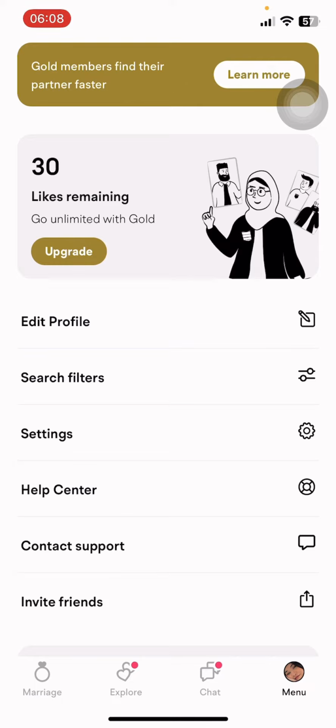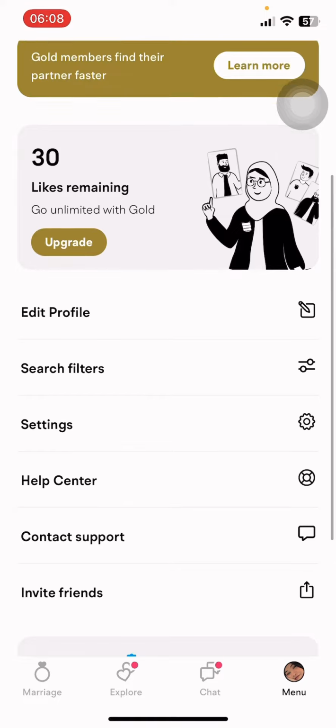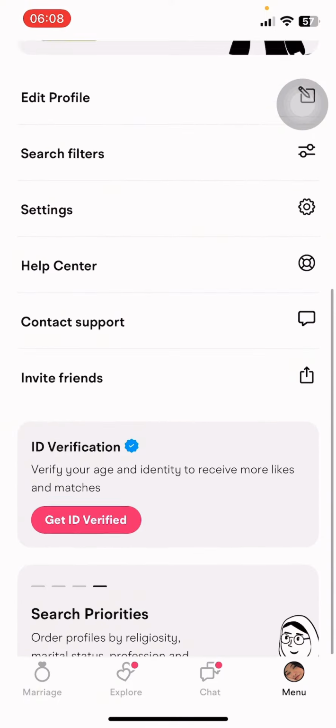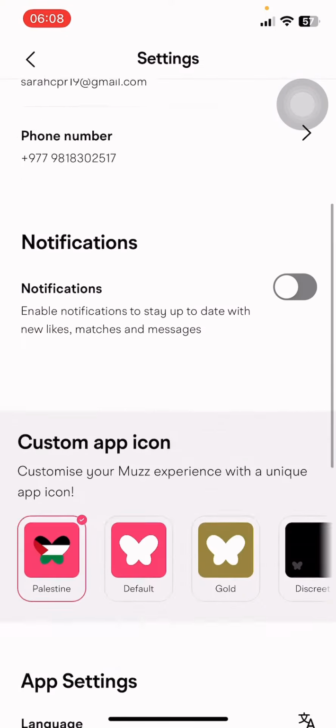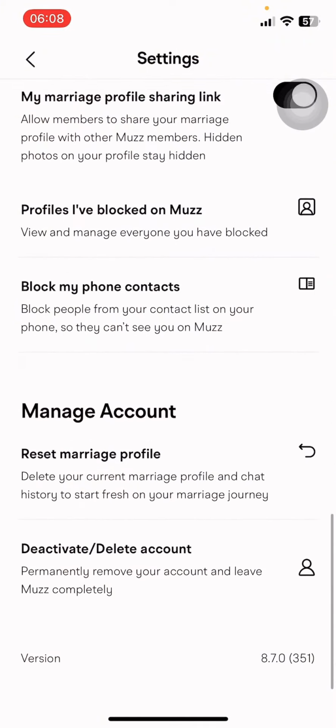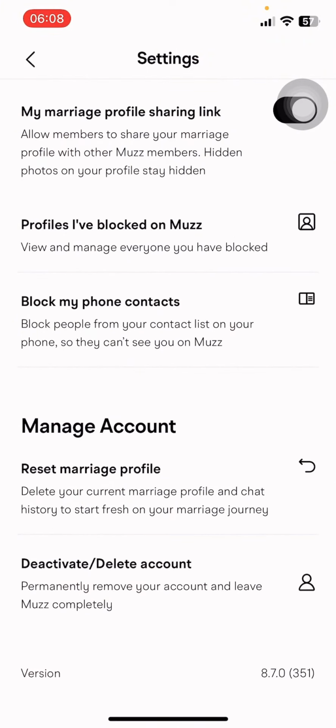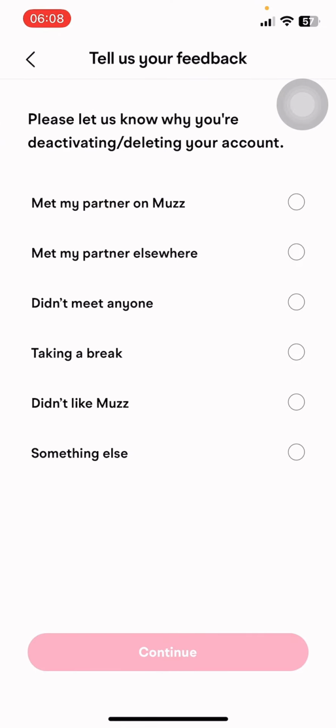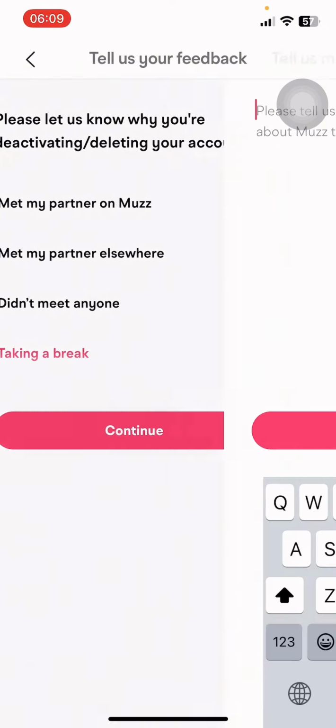Now on your screen you can see options like Marries, Explore, Chat and Menu. Under Menu, you have to scroll down and find Settings. Now on the Settings, you have to scroll down a lot, and at the end you can see Deactivate or Delete Account. All you have to do is select it, then give your feedback, select one of the reasons and